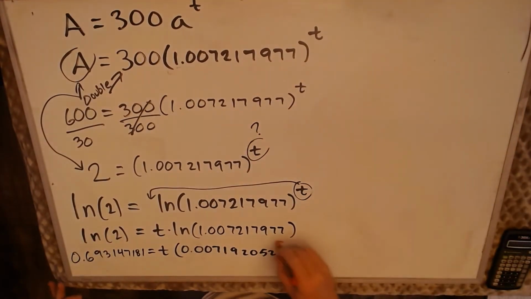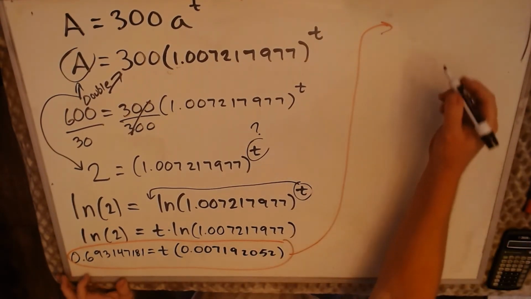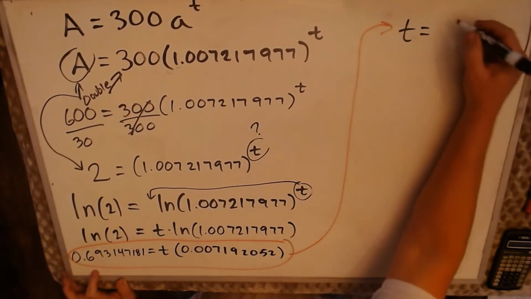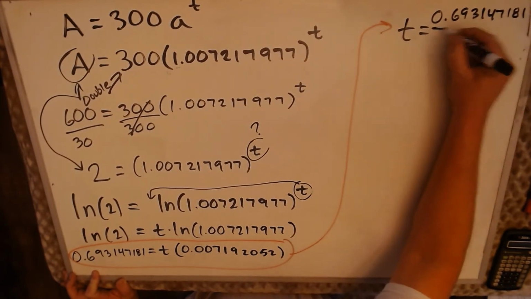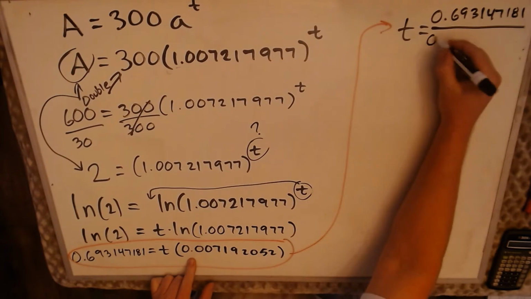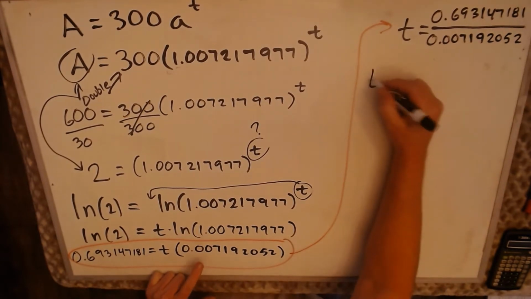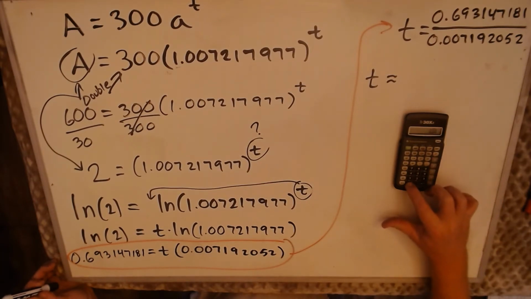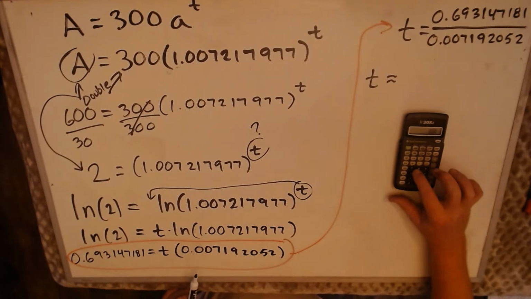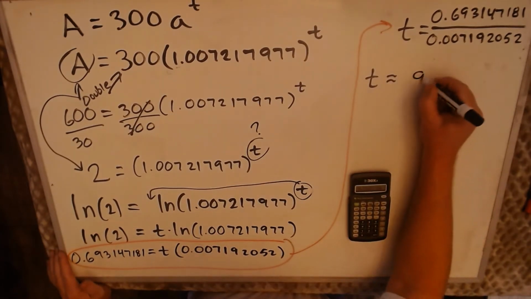So now we're going to take this, bring it up here, and we get t is equal to 0.693147181 divided by 0.00719252. Be careful with the zeros. I've screwed this up before. And I get